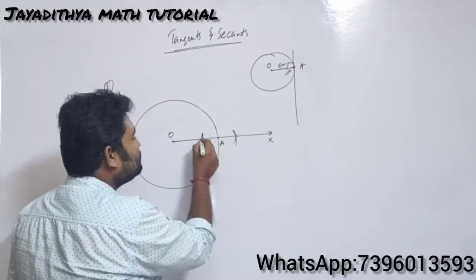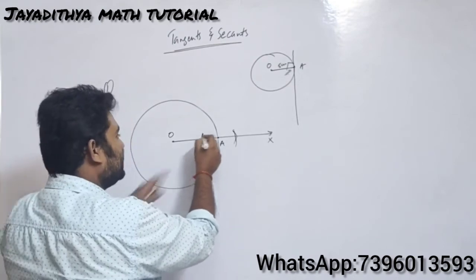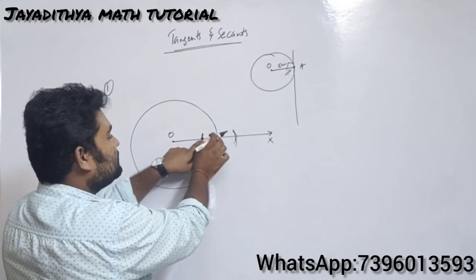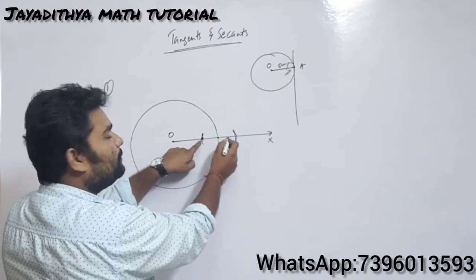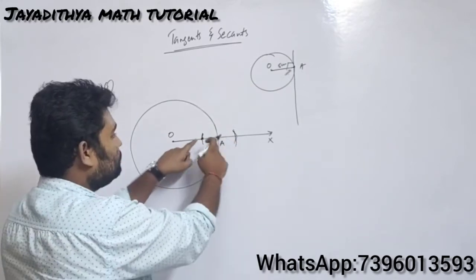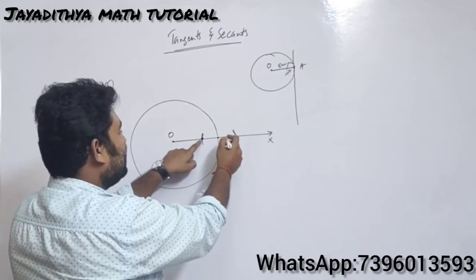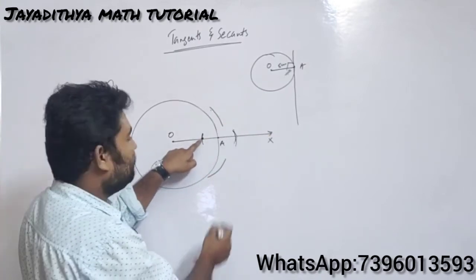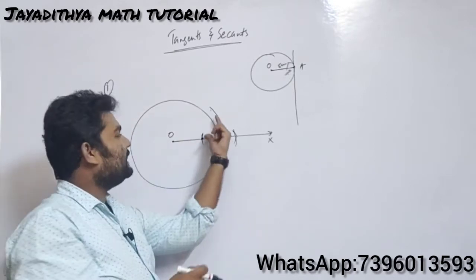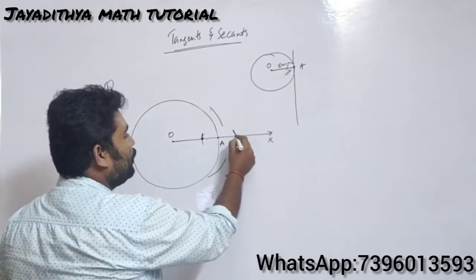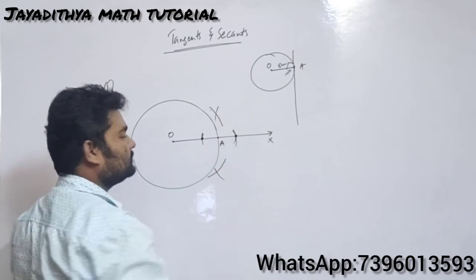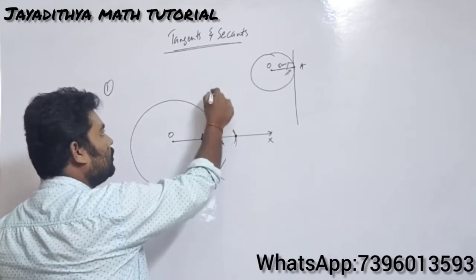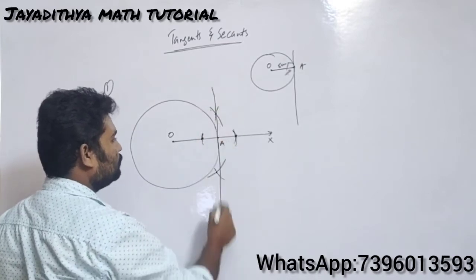Okay, now take this point as center. Take more than half radius. That means if you take this point as center, the radius should be more than the distance to A. So taking a radius like that, draw an arc here and also here, with the same radius. Again, with the same radius, place the pointer here and cut these two arcs. Cut both the arcs. Now you got 2 points here. Clear? Now the only thing is you need to join those 2 points.